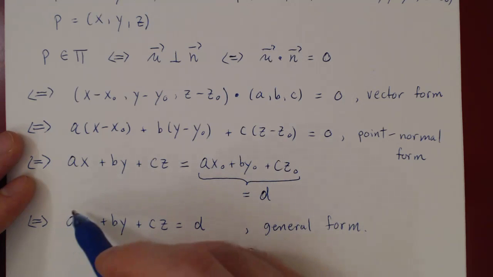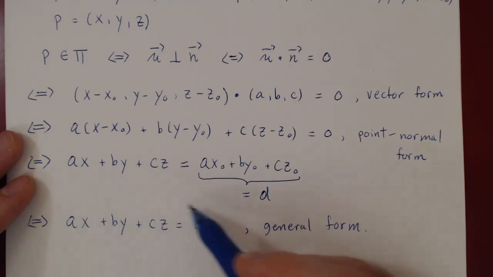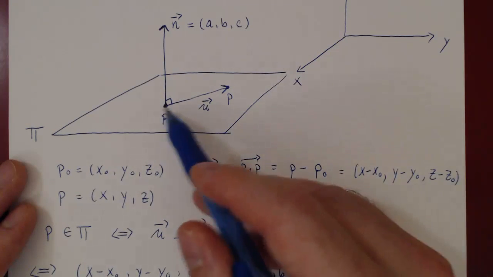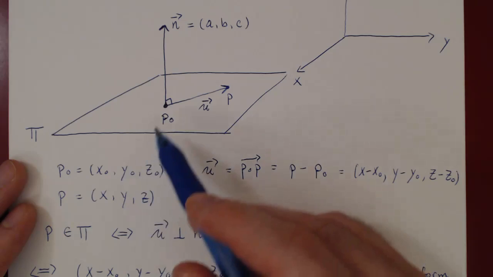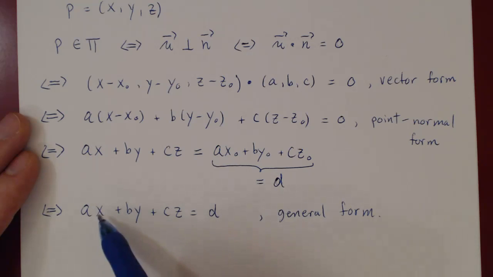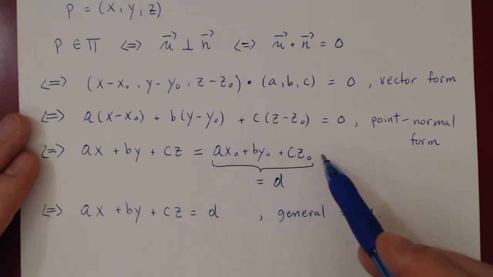As soon as you have your normal vector, you have the coordinates of A, B, C. So you'll know A, B, and C. And to solve for D, well, you'll have the coordinates of point P naught. And because it is a point on the plane, it must satisfy this equation. And after you replace x by x naught, y by y naught, z by z naught,